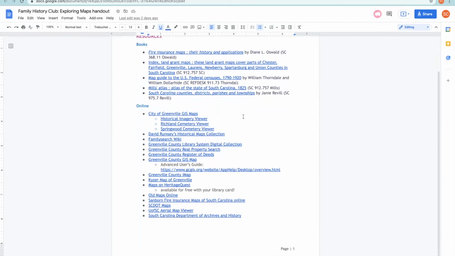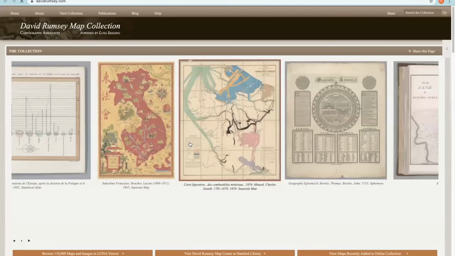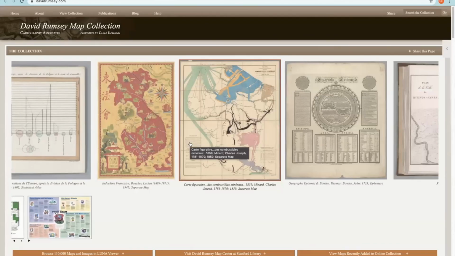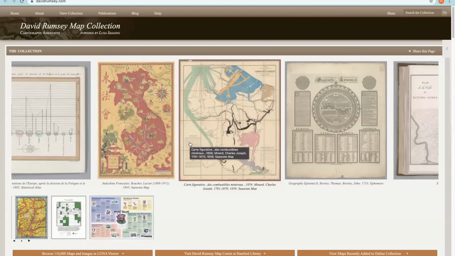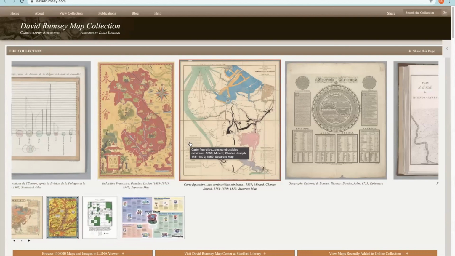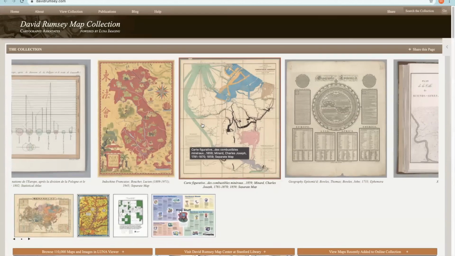And then on these other links, we have the city of Greenville. I just linked those few that I showed you. And then this one, David Rumsey's historical maps collection, I'll click on it really quickly because anytime I attend a genealogy webinar about maps, this is always mentioned because it's such a vast collection of maps. And it's not even just for the US.